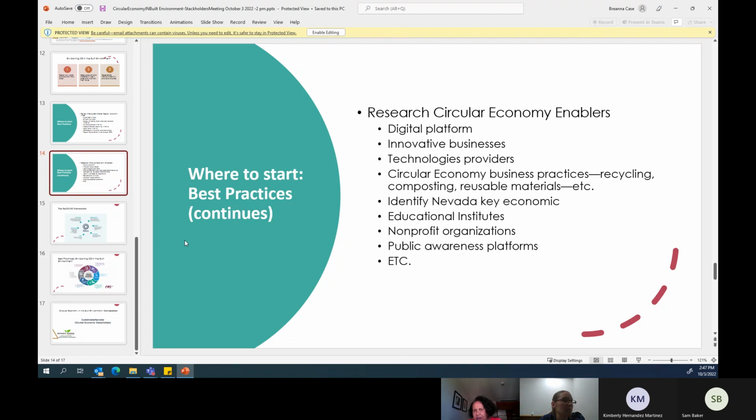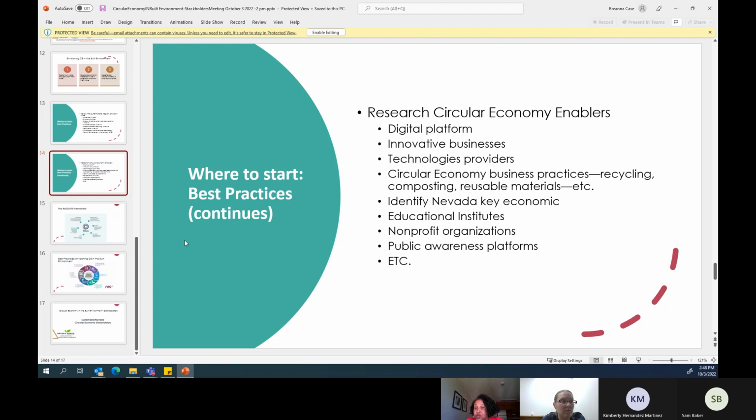So we need to see all that, to see if they are circular economy enablers that help achieve the material efficiency strategies or our mission. Educational institutes, non-profit organizations, we do that. And then the public awareness platform. That is also the Sustainable Nevada platform. We should get involved in that.